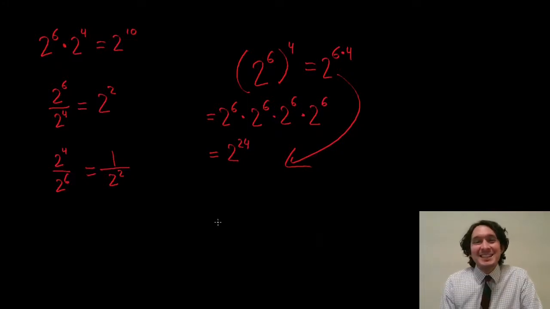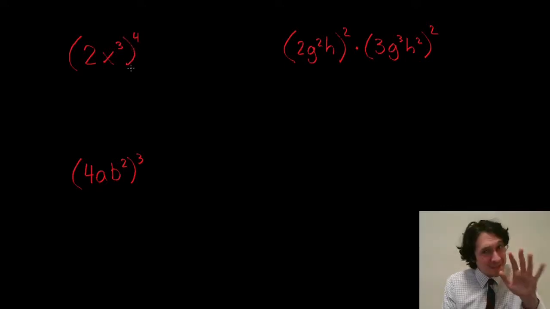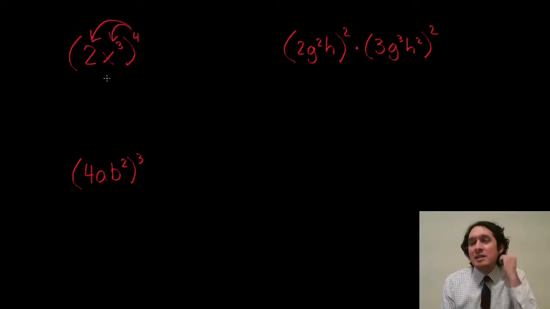But anyways, let's go ahead and see this with another couple examples. We're going to finish up with just a few quick examples. These should be fast. The power of power property not only says that we can multiply the exponents, but it's almost like the distributive property for exponents. It's not, by the way, but it's almost like it. Everything inside the parentheses gets that exponent of 4. So this is going to be 2 to the power of 4, and this is going to be x to the power of